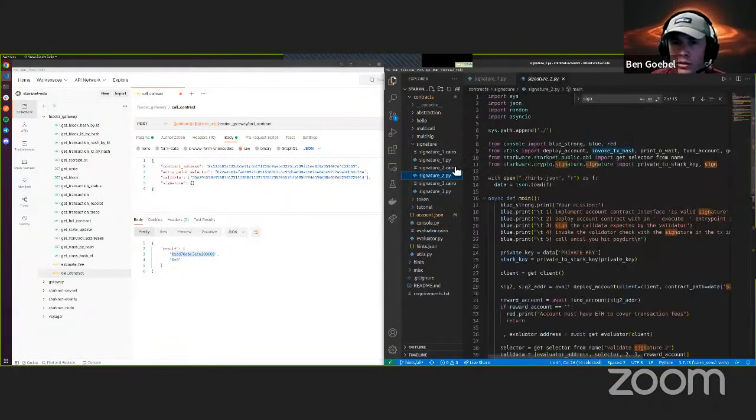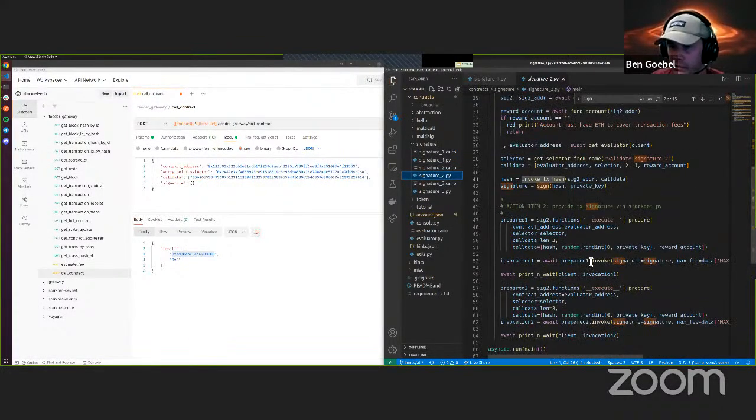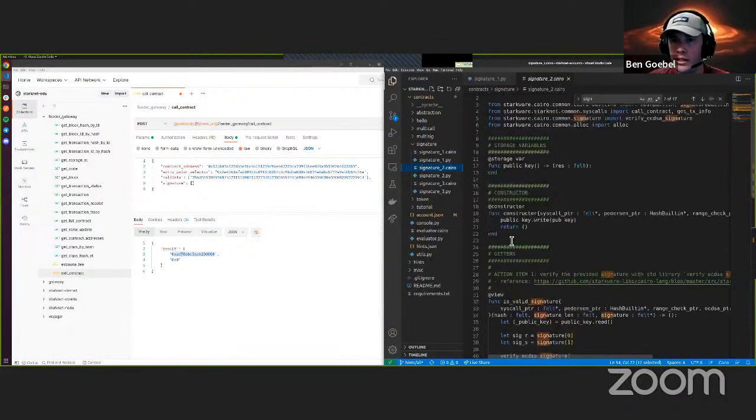So signature 2 is going over how to include a nonce. We want to make sure that we're signing transactions from a known entity, but we want to prevent replays. If I sign off that I give Alice $5 and then I don't have the concept of a nonce, then she basically just re-executes that signed transaction and says, okay, give me $5 until his balance is 0. So we need some concept of a nonce, which we store in